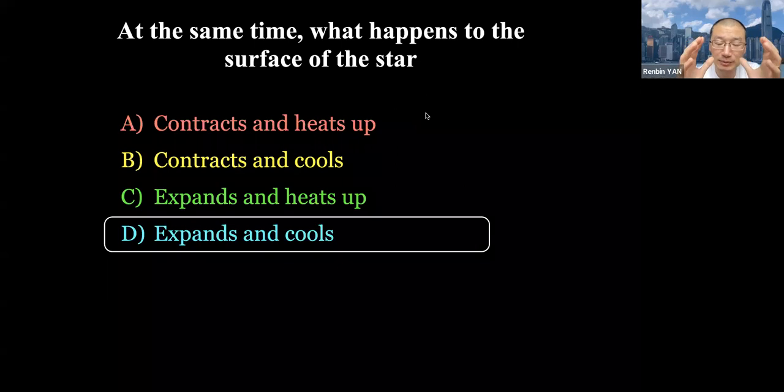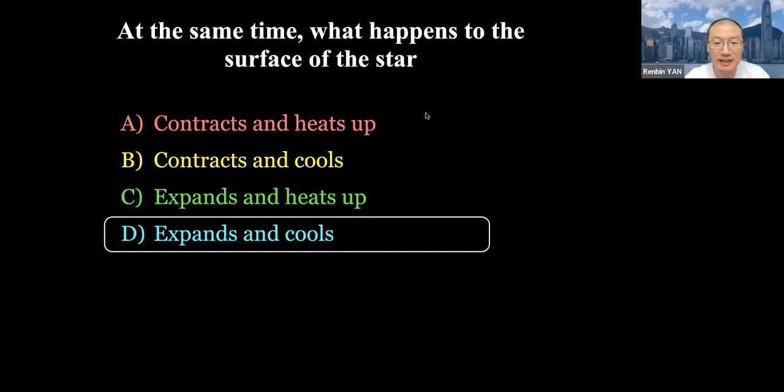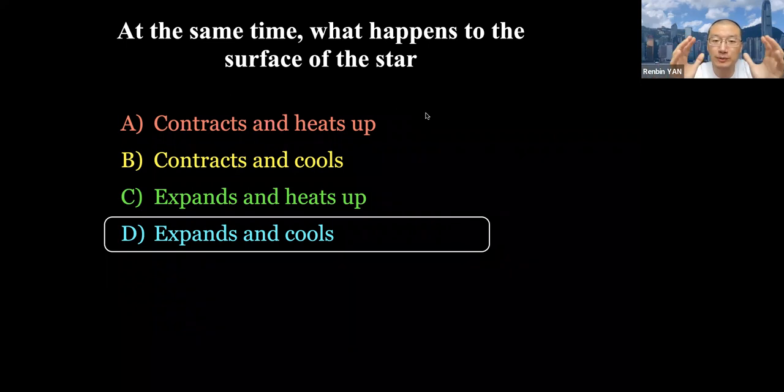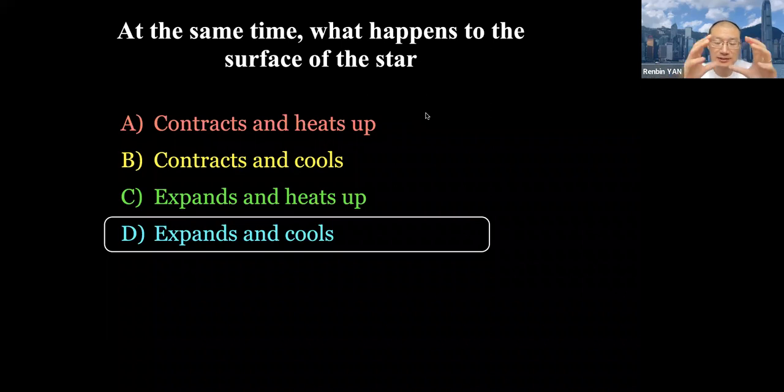And because there's so much energy being produced in the center, but the heat transfer rate towards the outside is still slow. I mean, the outer part still hasn't changed, right? And so it cannot transfer the heat out so much. So basically the center of the star will heat up so much. And so the pressure around it becomes high, and because you trap too much heat inside, the star will have to expand to release that heat. So the star expands to allow the heat to go out, and because it expands so much, the surface temperature actually drops.